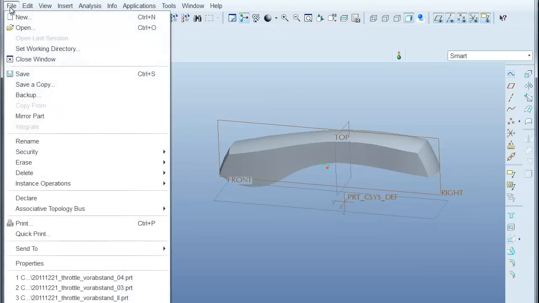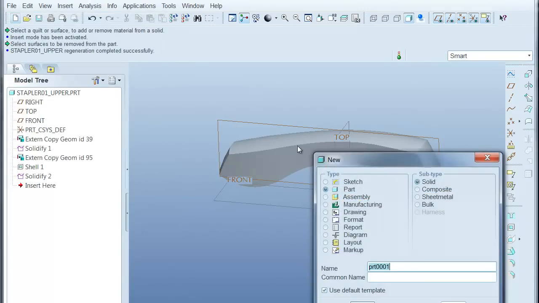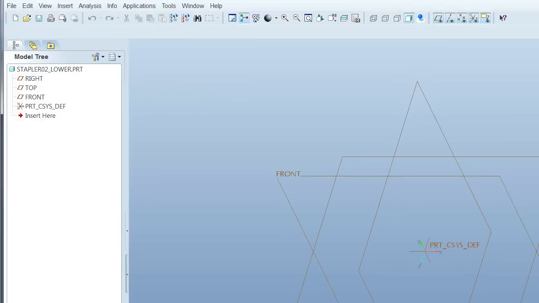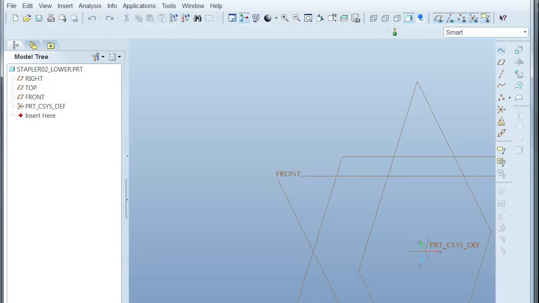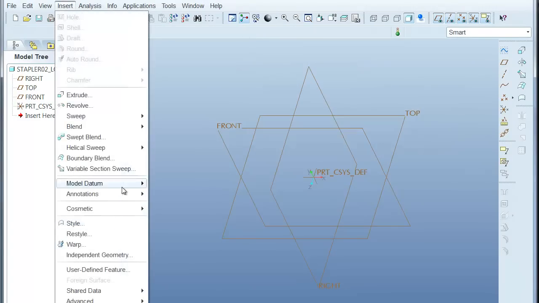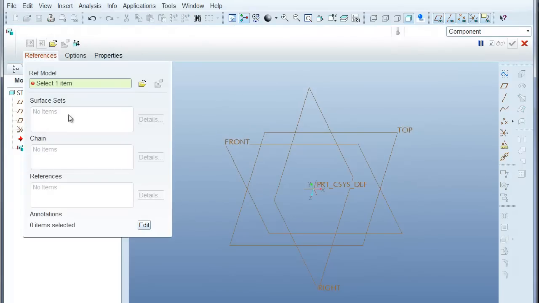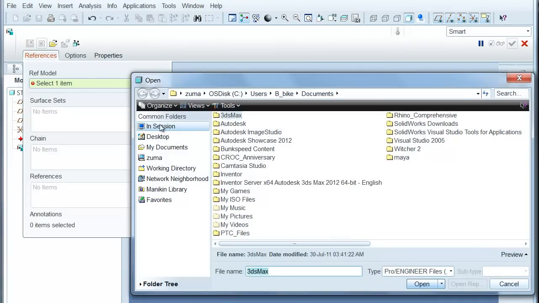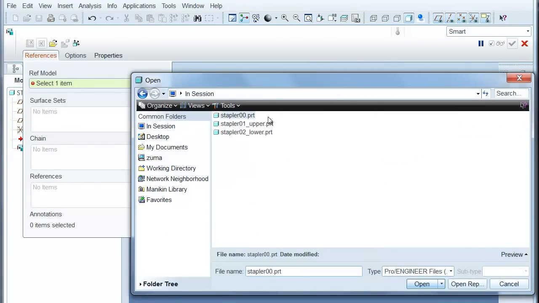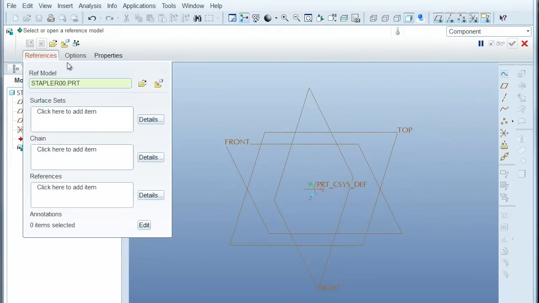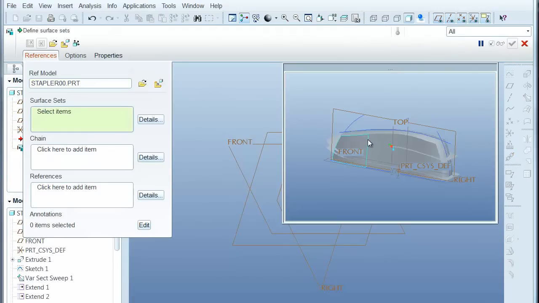So let's do the second part. I'm going to call that stapler 02 underscore lower. I'll resize this window to fit. Do basically the same thing. Share data, copy geometry, turn off the publish, grab the 00 model, grab the surface, left click, right hold down, solid surfaces, middle click,